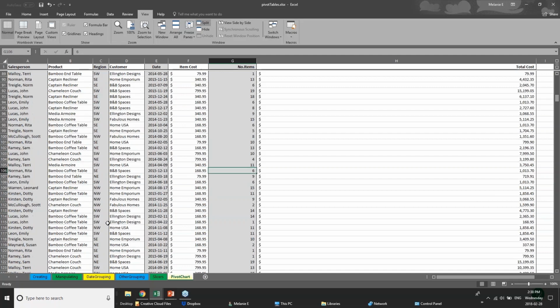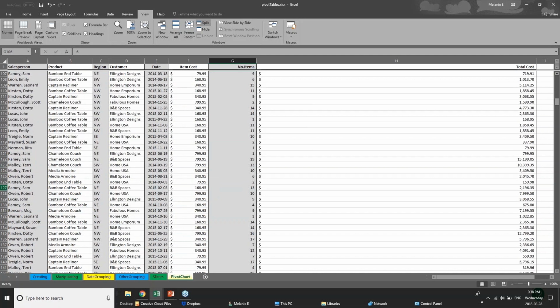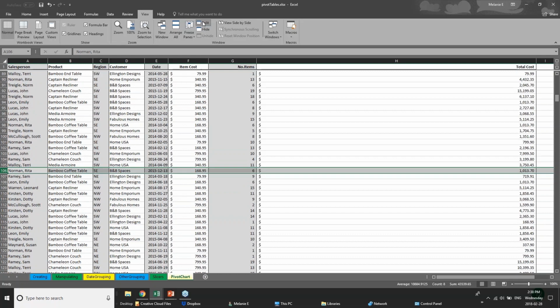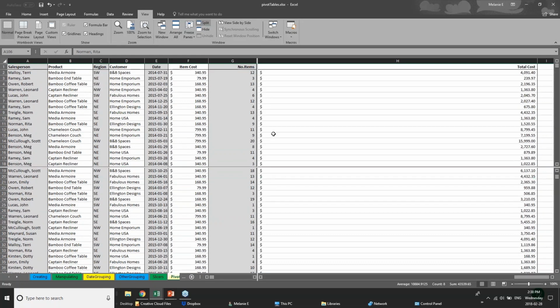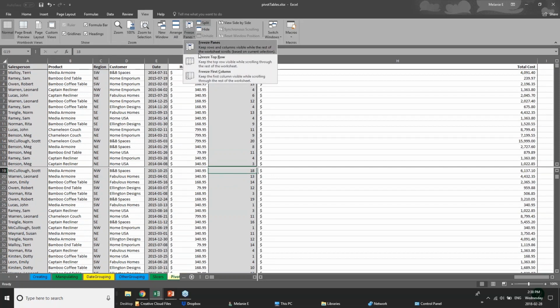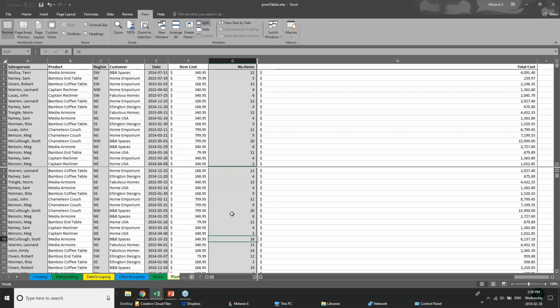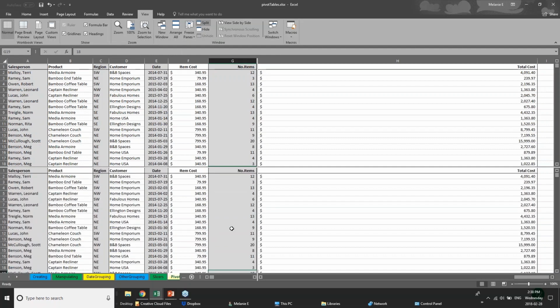And now, where'd it go? I lost it. There it is. Okay, here it is. I'm going to go here to split. Oh, it's getting confused because I have my freeze panes. Let's unfreeze this. Actually, because I have my freeze pane on, is that very interesting? It wants to do both at the same time,